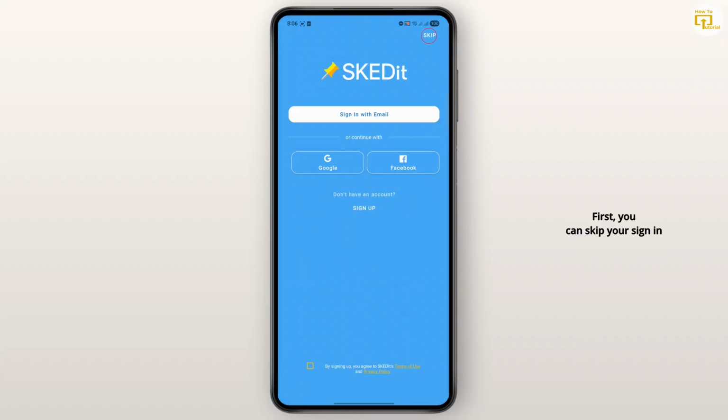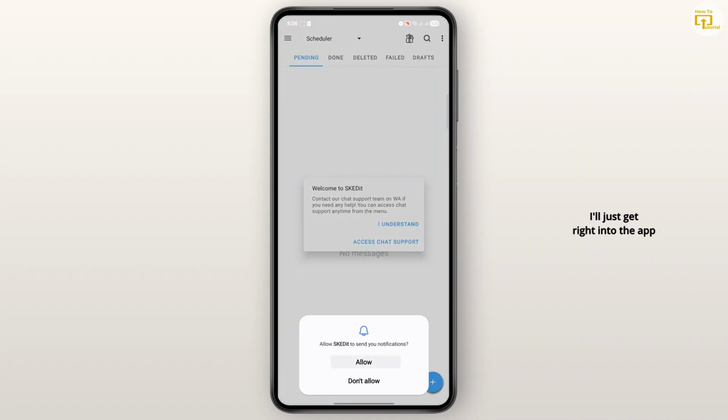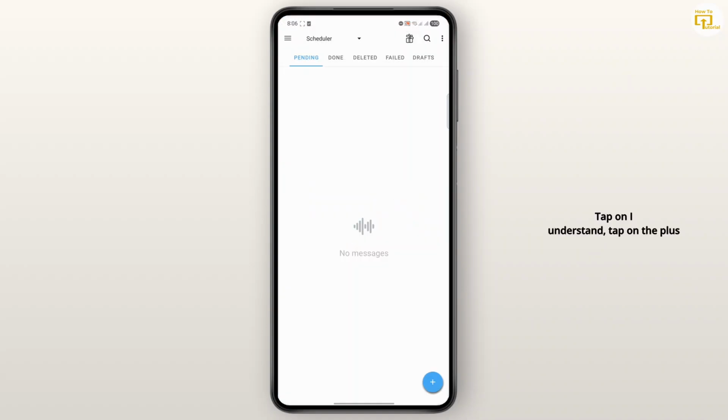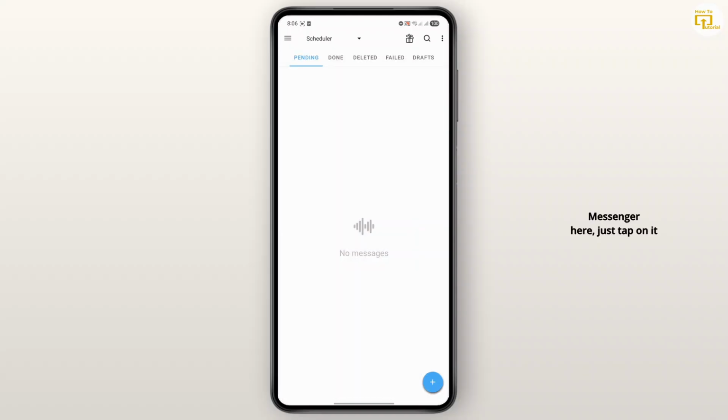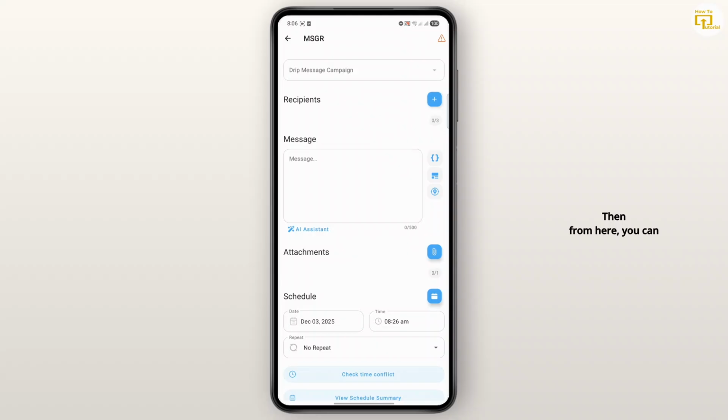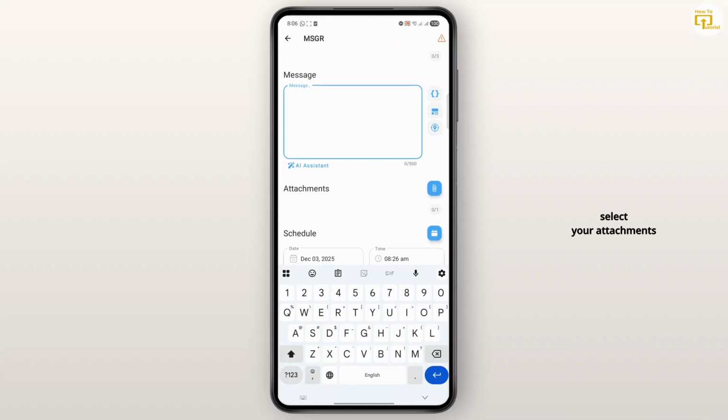First, you can skip your sign-in process if you want. I'll just get right into the app. Tap on I understand. Tap on the plus icon at the bottom right. Then select what you want to schedule a message in. You can find Messenger here. Just tap on it. Then from here, you can easily select your recipient, add your message here, select your attachments,